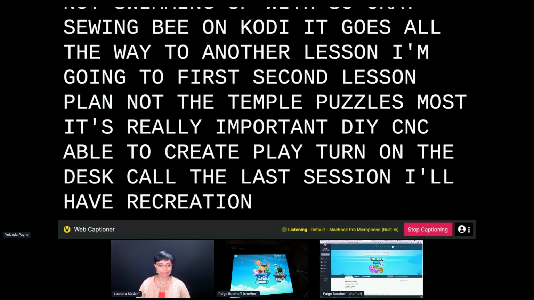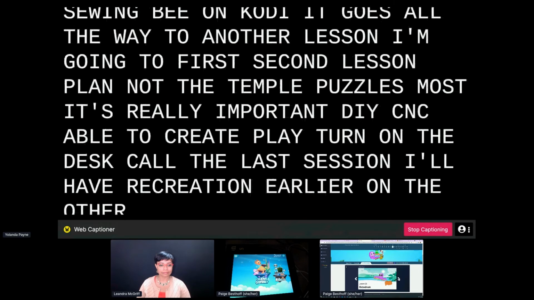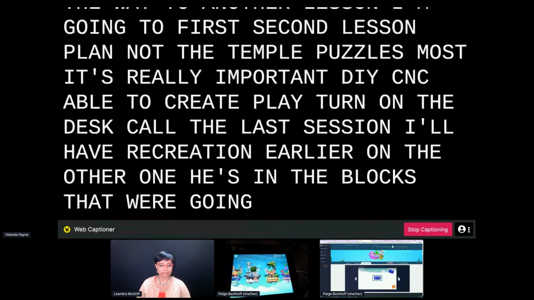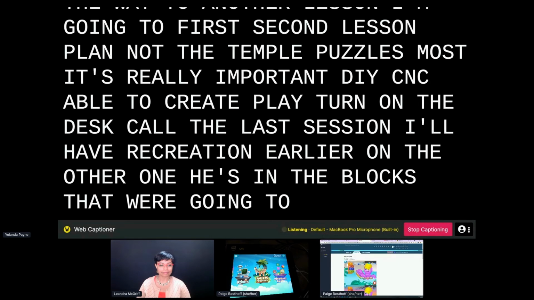Okay, so I just want to briefly show the presentation slides again, just like I showed earlier on the other one. They come with all the slides. So what we're going to be doing today, these are the blocks that we're going to introduce. So you have your drum block. This is Ollie the octopus. Those are the drums, and then it gives you the steps on creating it. So again, there's an answer key.